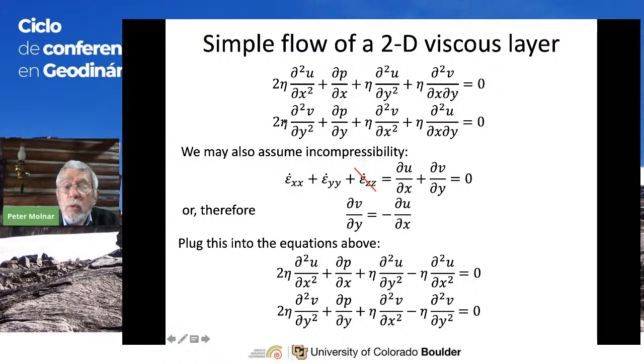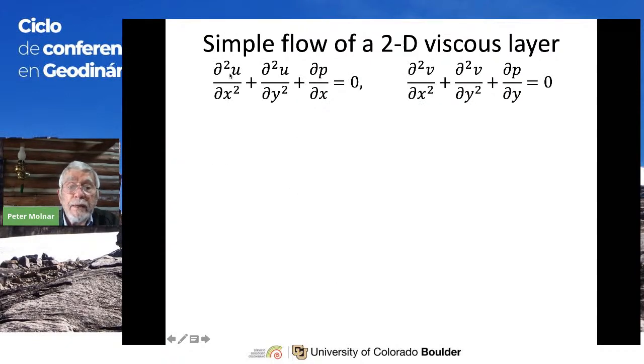And the same is done with the y equation, or the v equation, this equation in here. When we substitute this, partial of u with respect to x is equal to minus partial of v with respect to y, in here we wind up with this minus sign. And this term then cancels with this and simplifies our equations to be simply the second derivative with respect to x plus the second derivative with respect to y of the u component plus the gradient of the pressure in the x direction. And then the same for the v: the partial squared of v with respect to x squared, partial of v with respect to y squared, that sum plus the pressure with respect to y.